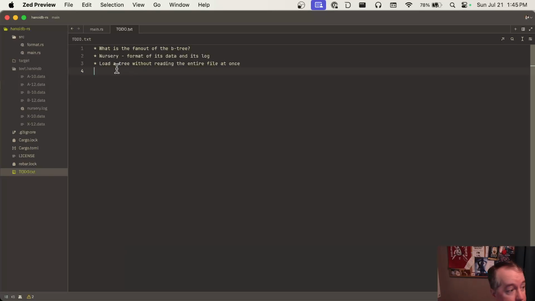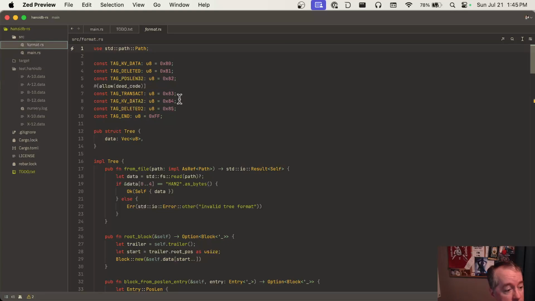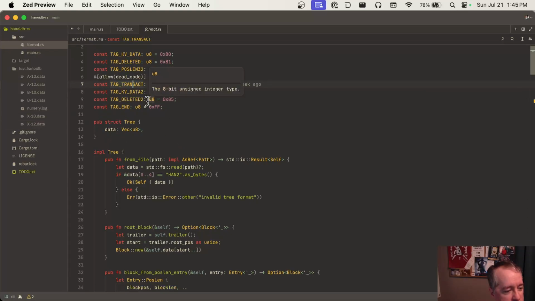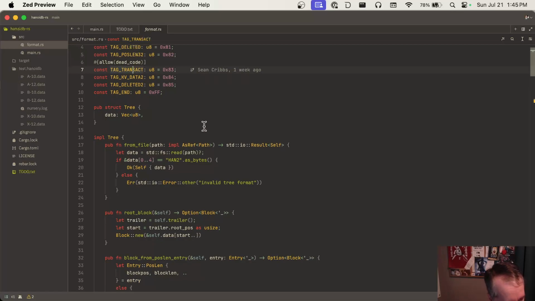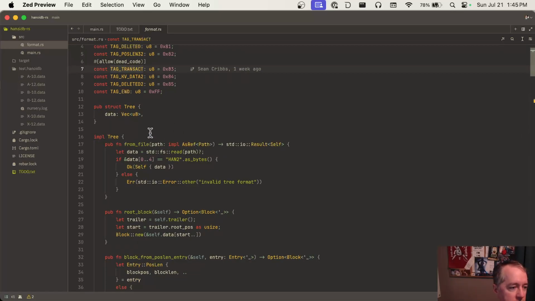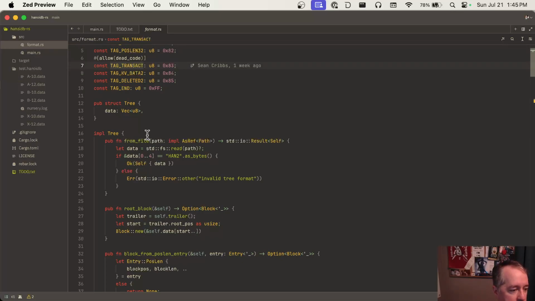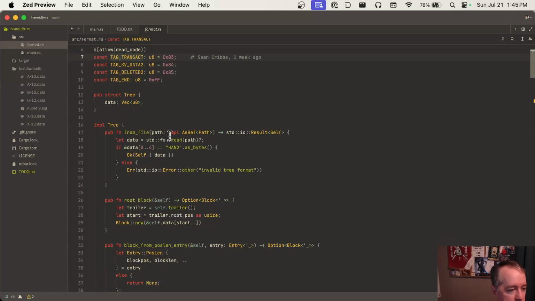Make sense? All right, let's look at format. At one point, Greg told me what this transact tag is for, but we're not using it right now, so we need to figure that out. Okay, so tree from file. I feel like what we should do